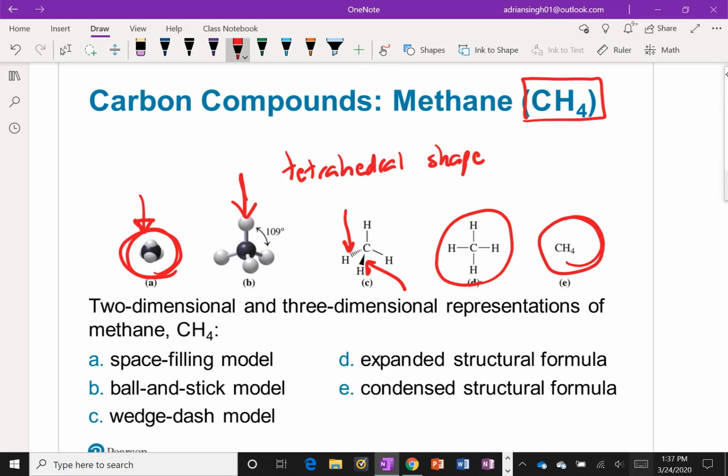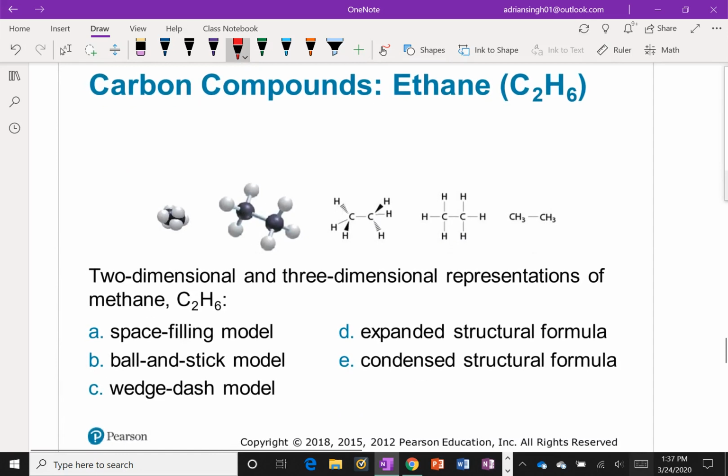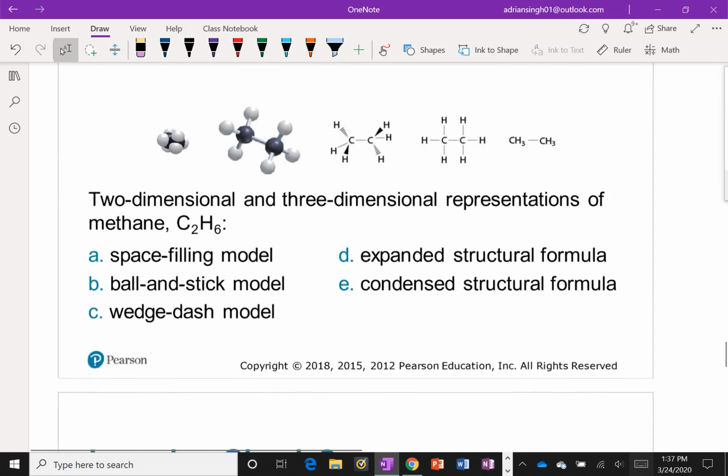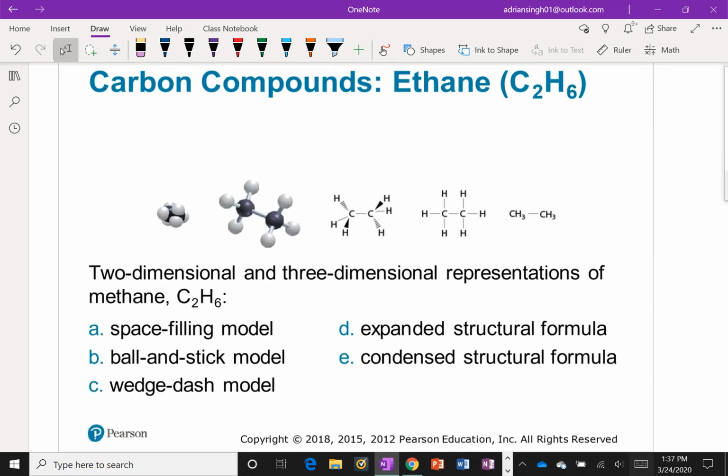All right, so these are all different ways that we are going to see the structures for our organic compounds. If we start making them a little bit bigger, we can see that the molecule is going to contain more bonds. So here's another compound called ethane, which has the molecular formula C2H6. There's our space filling model. If you were to build this in the lab using your model kit, it would look like that. And then if you were to draw it using the wedge dash or the Lewis structure, it would look